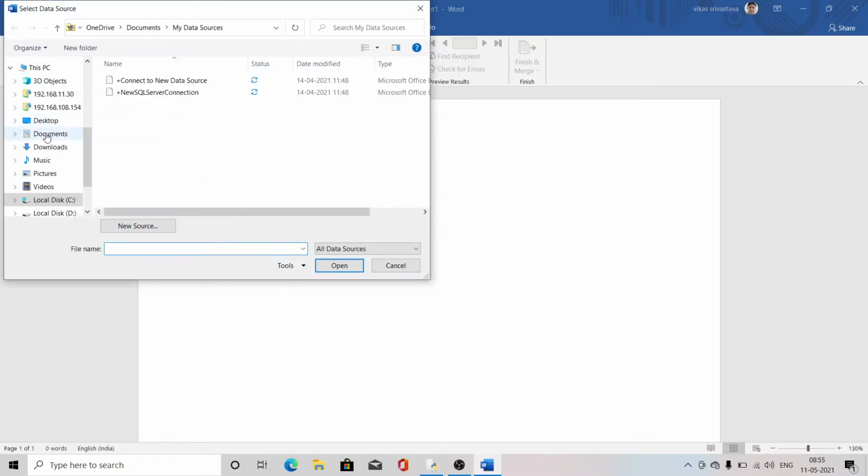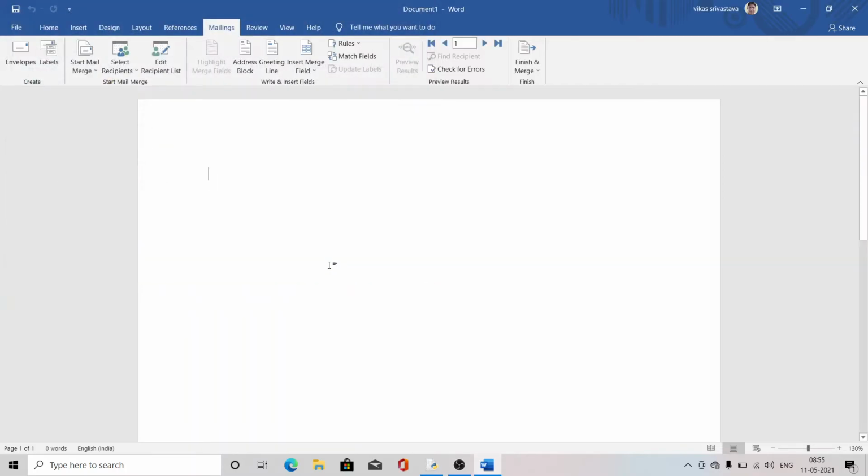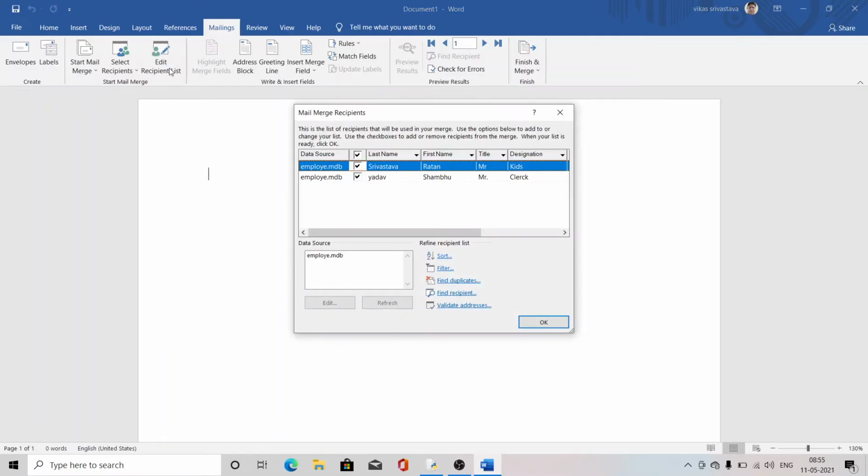Then I will go to the desktop location and write the name that I have saved. I have saved it as employee. Okay, open. Now here you will get the option Edit Recipient List. Click on that. Now here it is showing that many records are there. Clear?